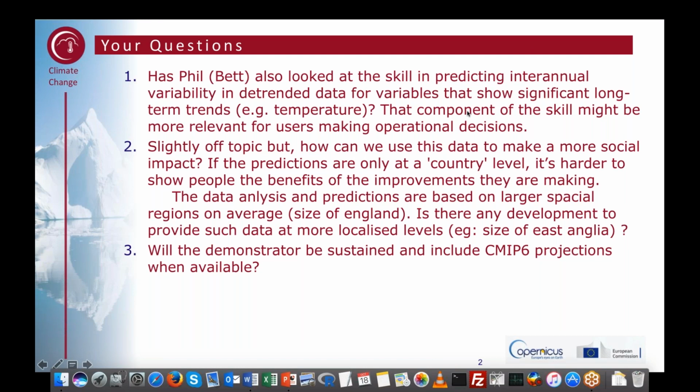And maybe you can just comment on the sustainability of the demonstrator and the general ECEM activities. Yes, excellent. Thank you, Claire. So we actually forgot to mention the timescale of ECEM because we are getting close to the end of the project now. It was initially a 27-month project, and we have 3 months left now. It's going to end at the end of January, and so there may be a little extension, but that's about the time that ECEM will finish, and the demonstrator has been developed as much as we could,